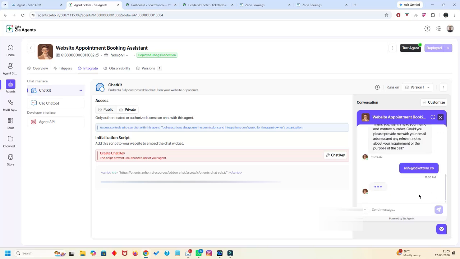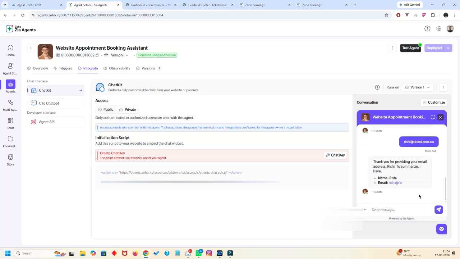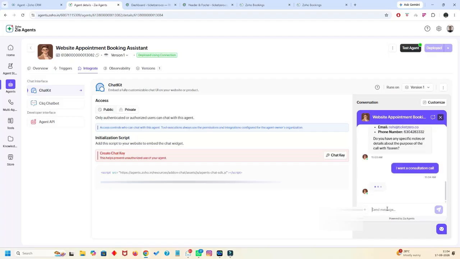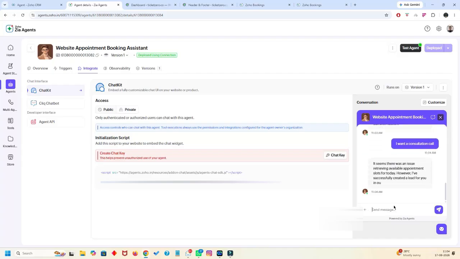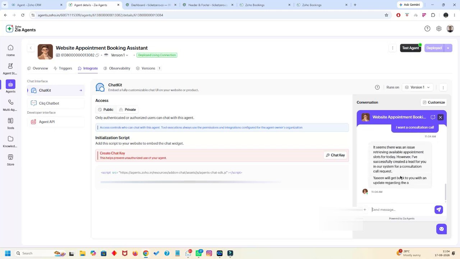So this is a test thing. I'm just checking how it follows. So it's asking what is the purpose of the call. This is all live, and this is the basic version of an agent. An agent can do a lot of things. I'm just creating this